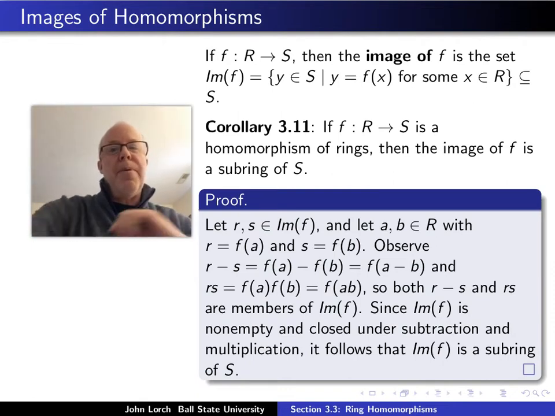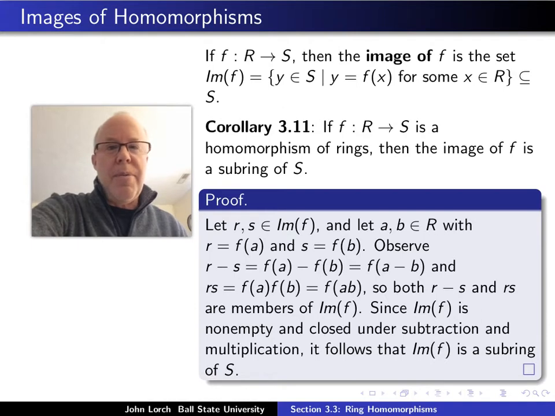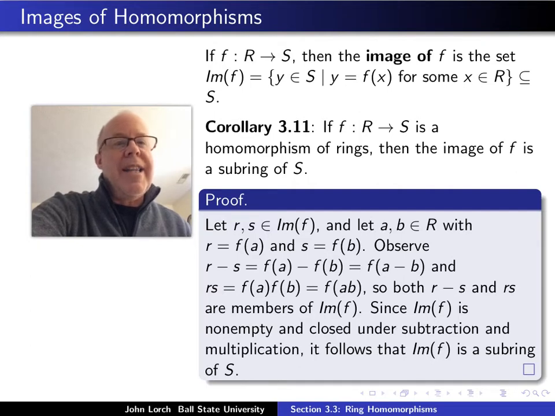So there's a fairly important corollary of theorem 3.10 that involves the image of a ring homomorphism. And to fully understand that corollary, we first need to remember what's meant by the image of a function. So if you have a function f from R to S, the image of that function is essentially the range, right? It's all the things in S that are hit by something back in R. That is, it's all the elements y in S such that y is equal to f of x for some